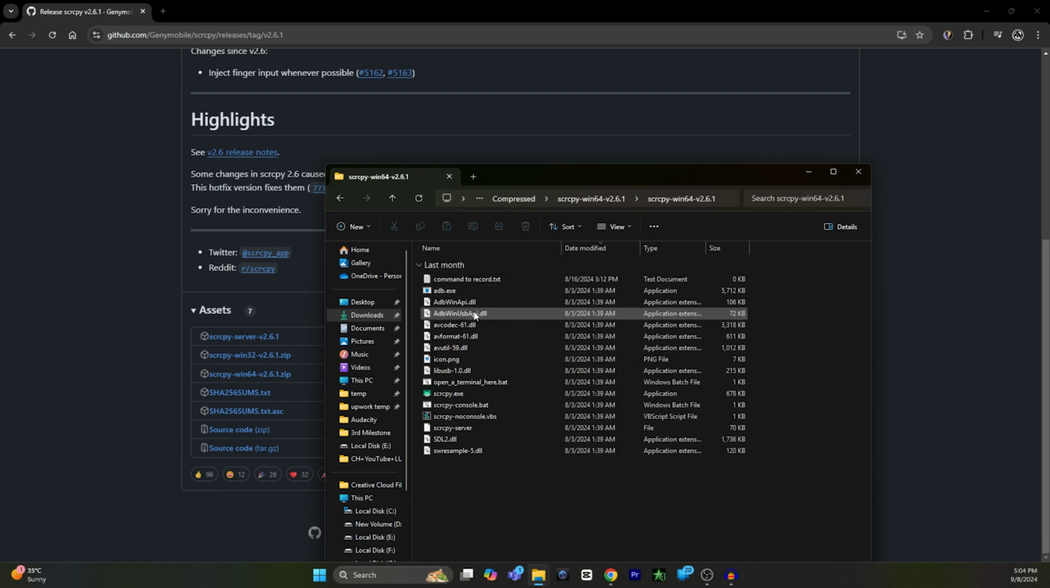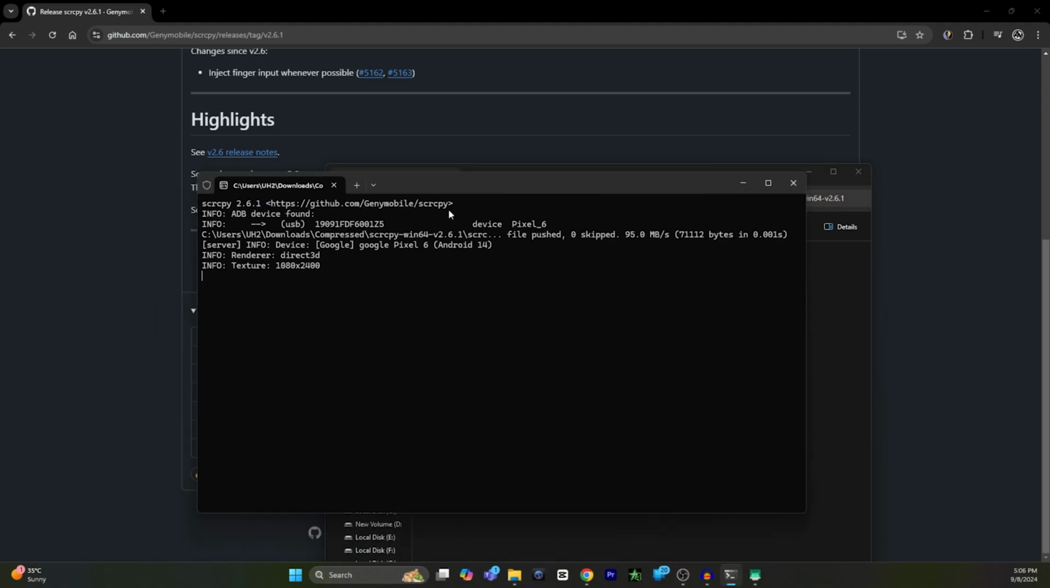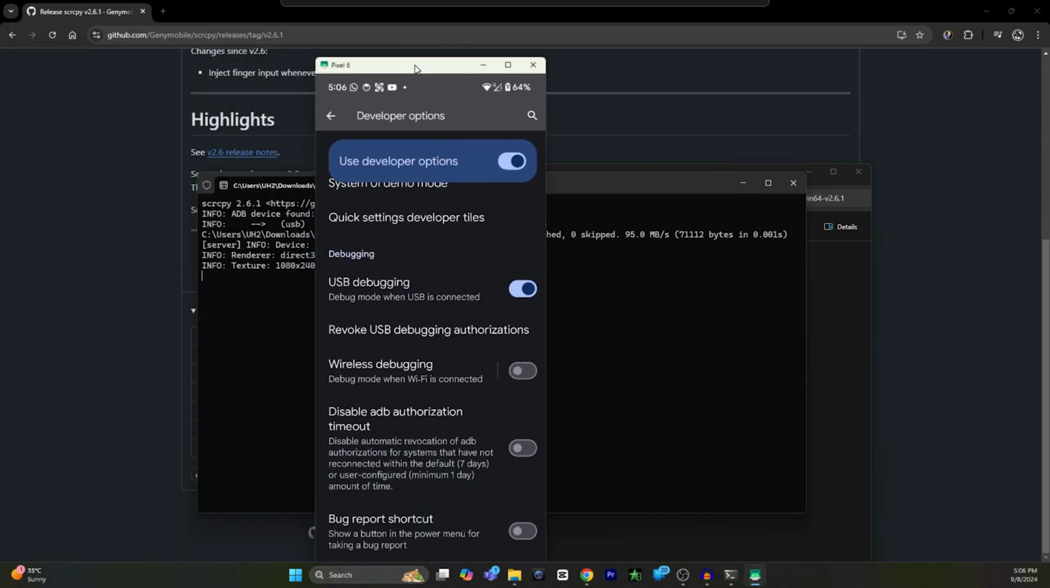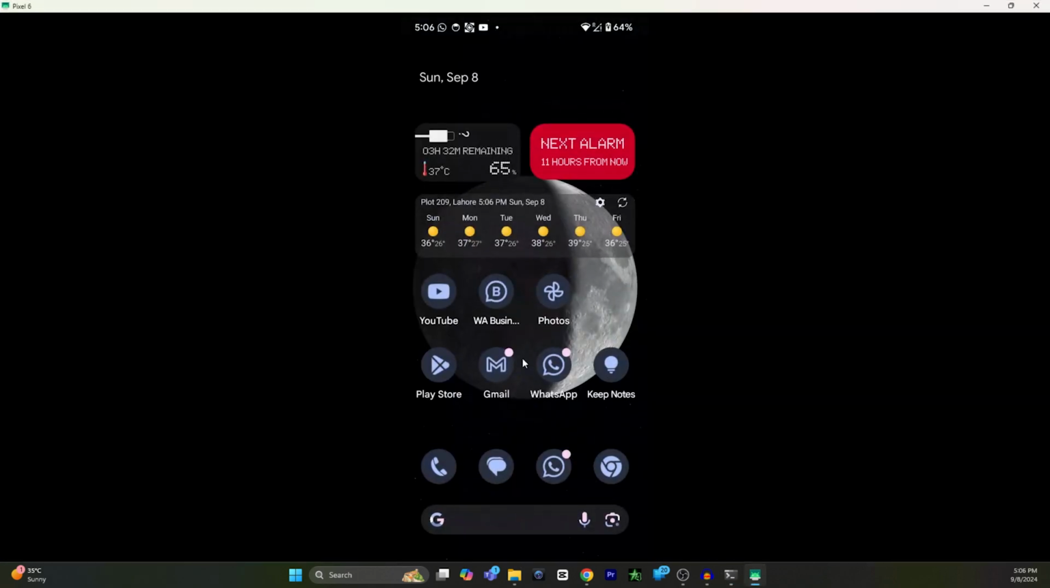Now what you have to do is connect your phone via USB cable or charging cable to your PC, and after connecting your phone with the PC, all you have to do is double click this scrcpy.exe file. Double click on it and now it will open your CMD or command prompt, and after that a pop-up window will appear, and now you can see your phone screen and use your phone with Scrcpy, and that's how you can install